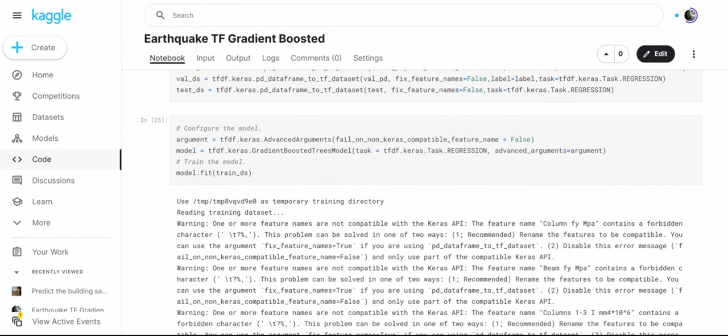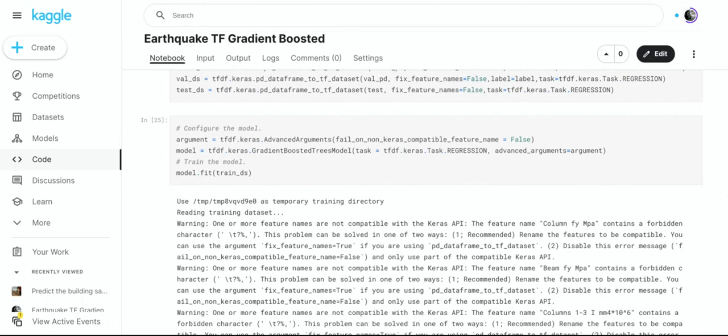Now what we're going to have to do is, again, because the feature names were not very well planned out, I had to go into the TensorFlow documentation and find out about advanced arguments. And then I had to do this all myself without TensorFlow's help.